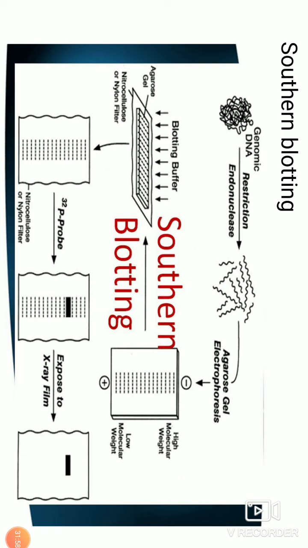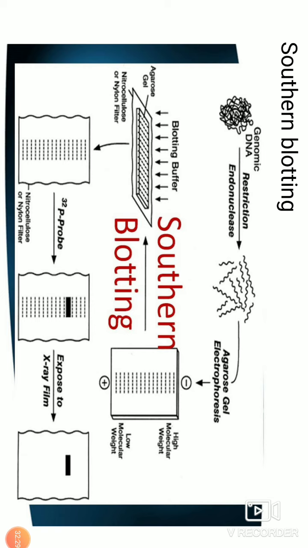Nylon membranes are better for this transfer because they easily take up nucleic acids, either DNA or RNA, and then in one step, UV exposure for a very short time fixes the transferred DNA or RNA. But if you use nitrocellulose membrane, then you have to have an additional step of baking, and only then will it be ready for developing a blot.